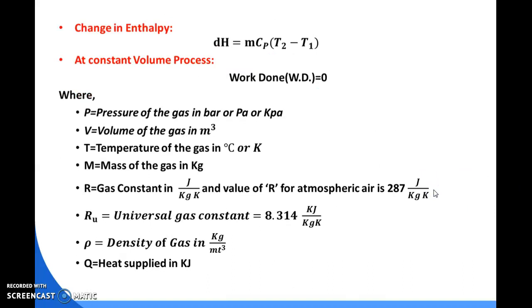Next is the change in enthalpy, dH is equal to mCp (T2 minus T1), and at constant volume process work done is equal to 0. It is very important, we have to remember. Out of all these things,